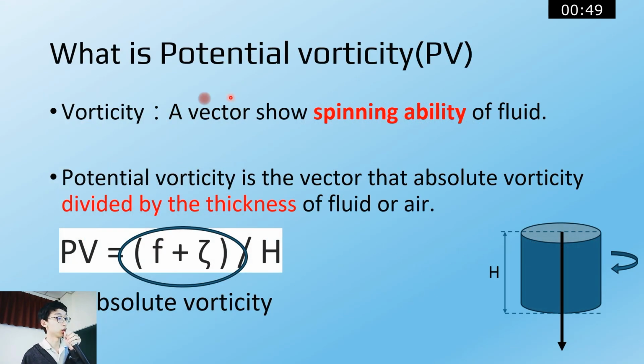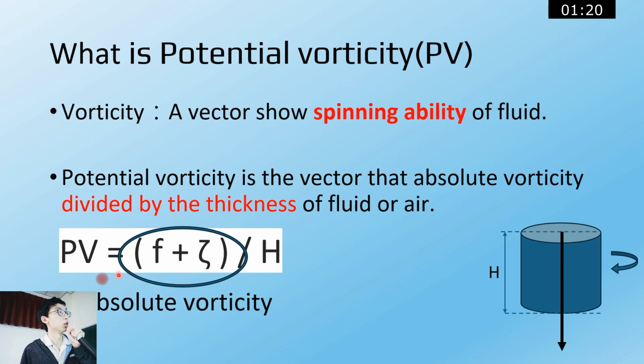Next I will introduce what potential vorticity is. First, we need to know what vorticity is. Vorticity is a vector that shows the spin of the fluid, just like this one. The arrow points forward. Then potential vorticity is a vector: the absolute vorticity divided by the thickness of the